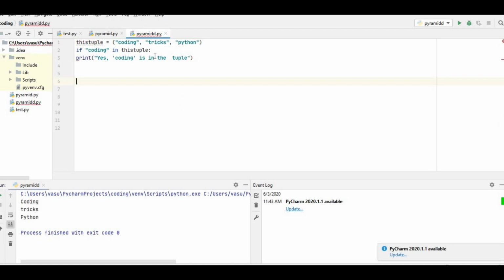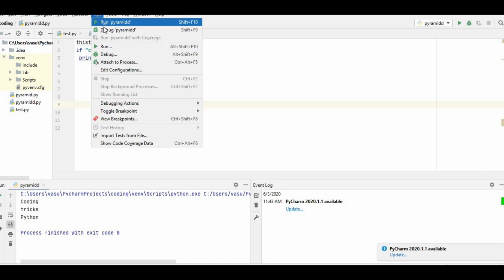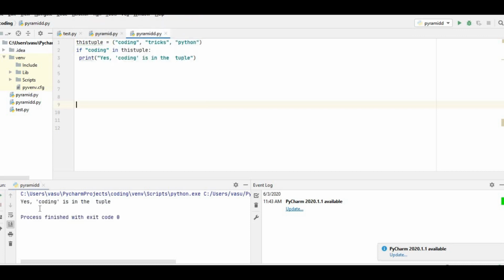If "coding" in this tuple, then print "coding is in the tuple", or else no. So let me run this. Yes, coding is in the tuple. Are we having coding in this tuple or not? Yes, we are having.